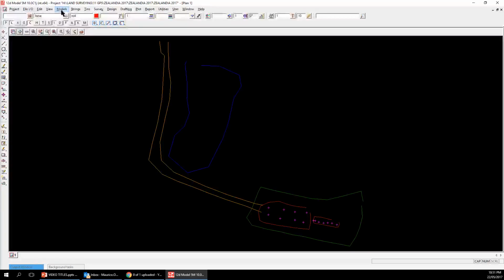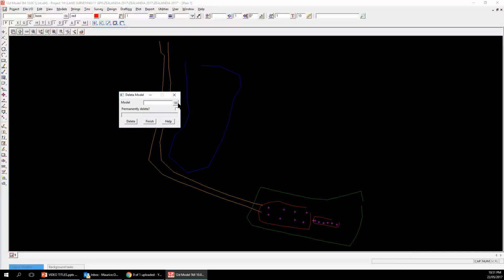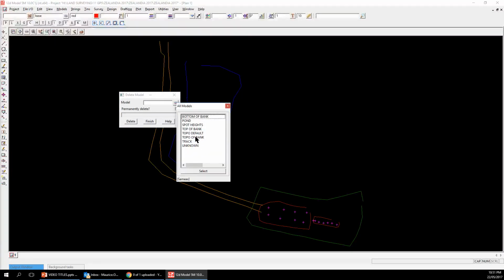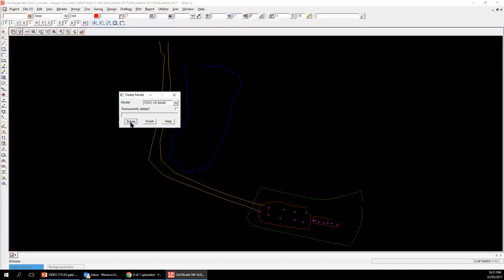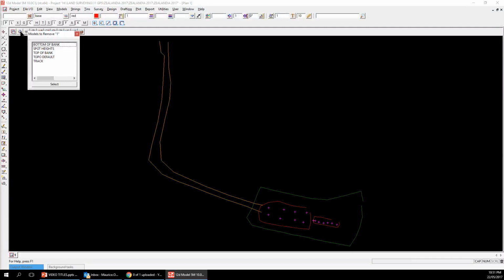I'll just delete that model. I think we don't need that one. Oh, that's a typo, so delete. Yep, so that's done that. Finish. Okay. And right now we can see here we've got the pond in that layer,